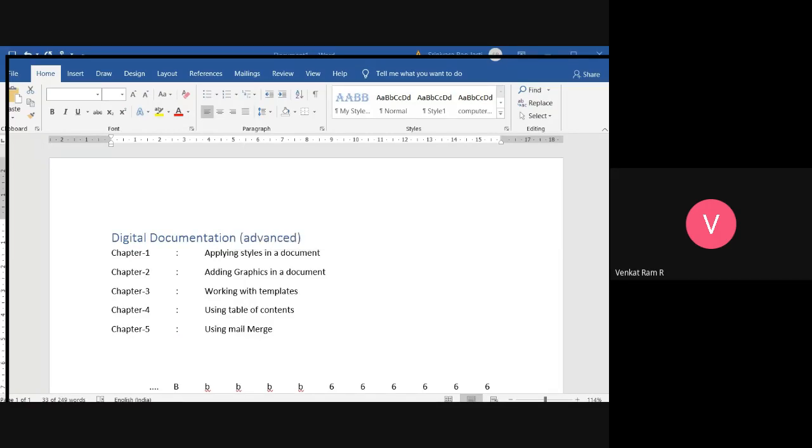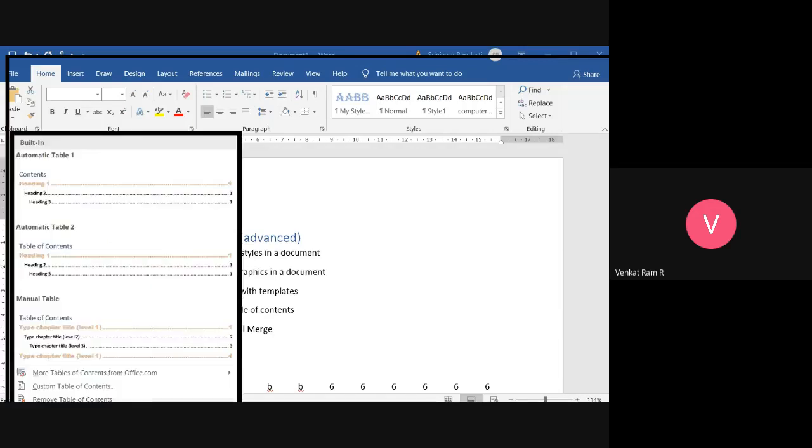I have already copied some table of contents and I am pasting it. Are you people able to see it? These are the table of contents for digital documentation, where 5 chapters are there. I typed this, and I used it as automatic table 1.